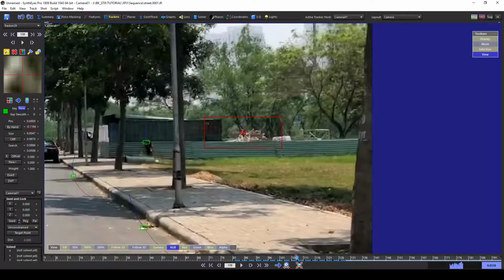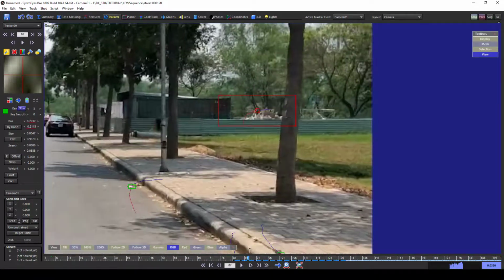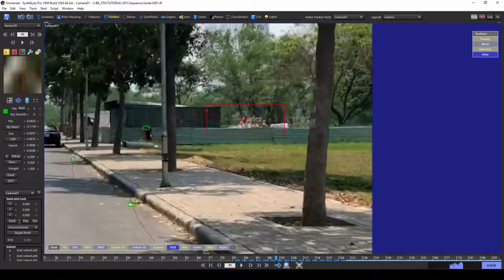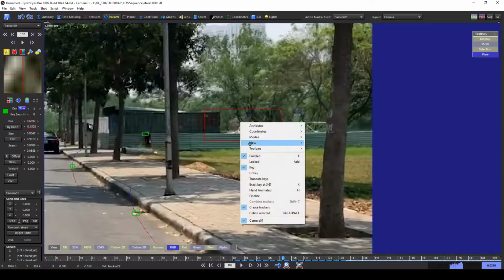I think I lost it here. Other stuff is interfering with it. I guess for a few frames that's okay here. Okay, I'm going to truncate this,